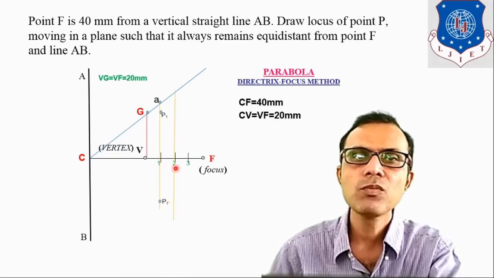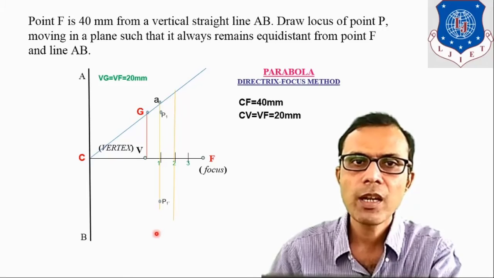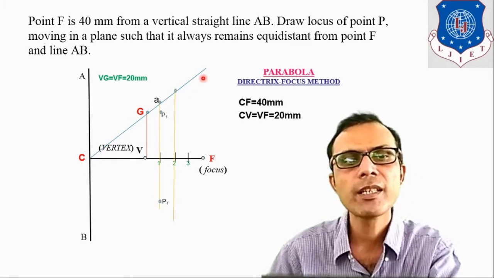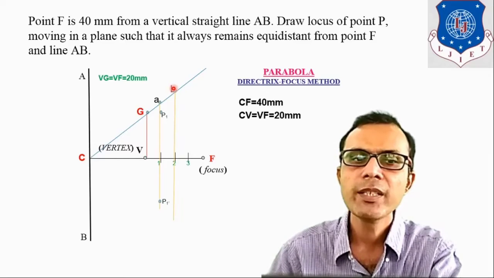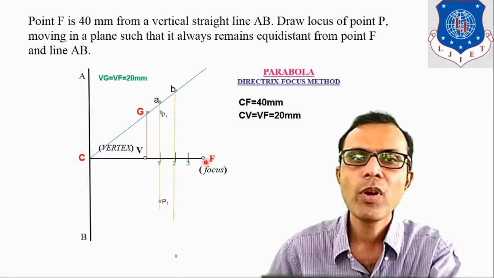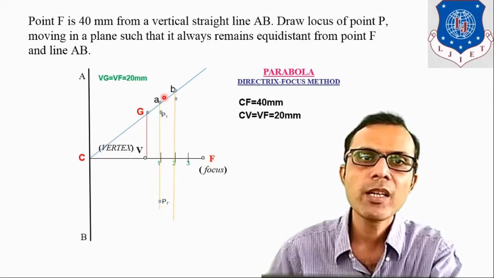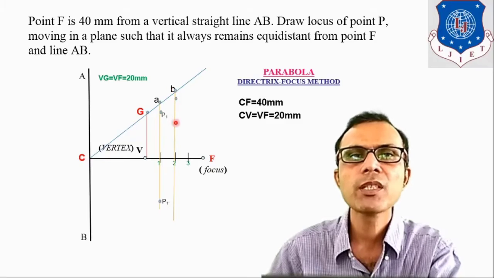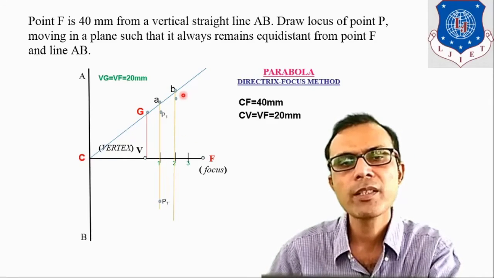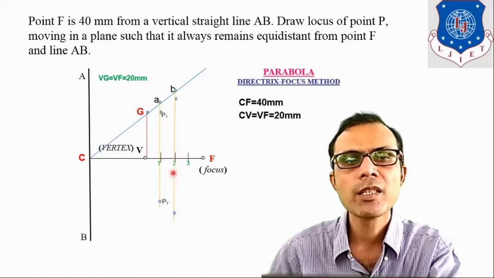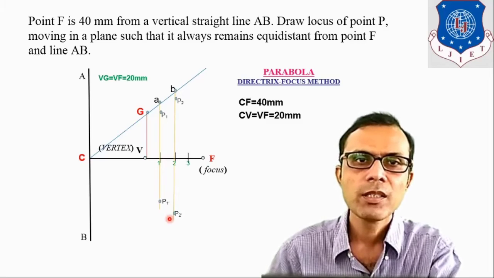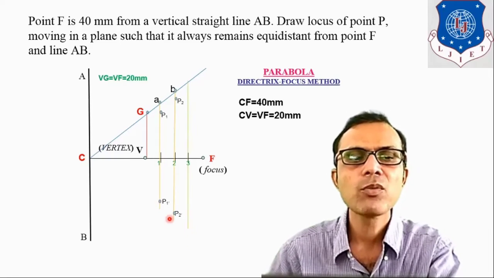From division number 2, draw this vertical line in such a way that it will intersect with CG extended in a point B. Now take compass size 2B, F point is center point. Draw an intersecting arc on both the sides of this vertical line. So above axis and below axis, here we are obtaining 2 points. Let us denote them as P2 and P2 dash.